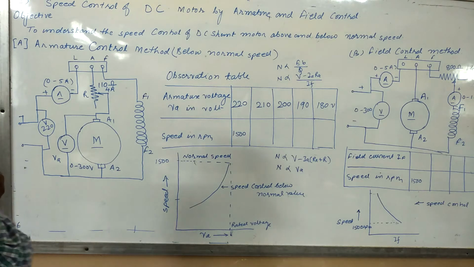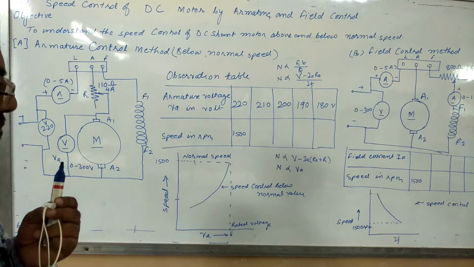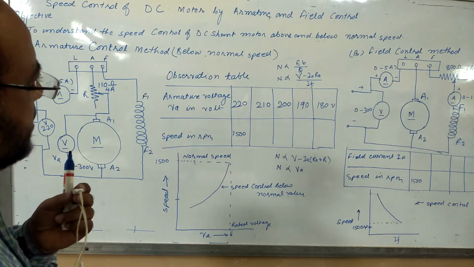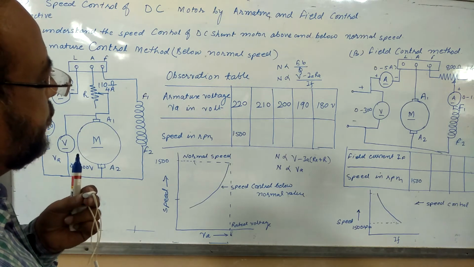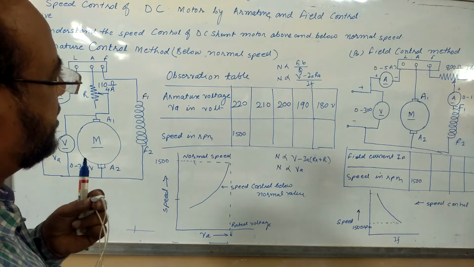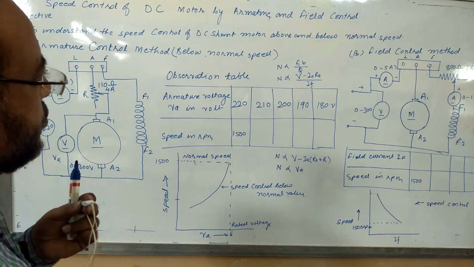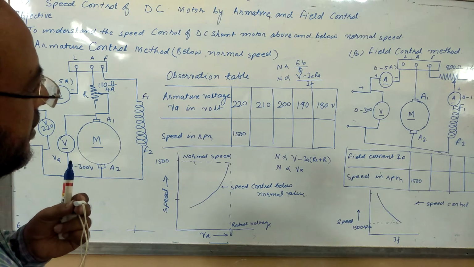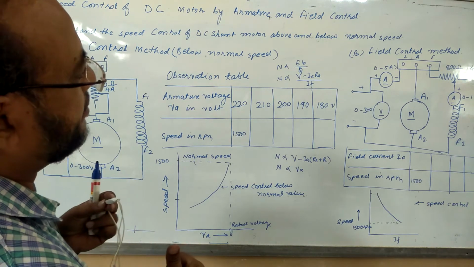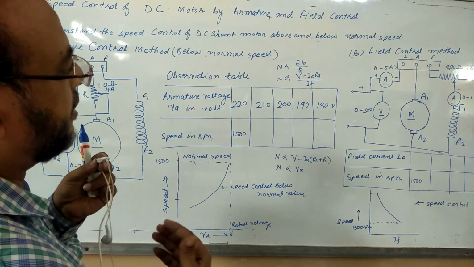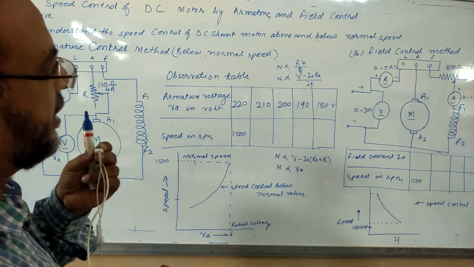Why is it below the normal value? The reason is that the rated speed of the motor is 1500 rpm. Now in some applications we want a speed more than 1500 rpm, isn't it? Instead of using gears, which have frictional losses, become quite difficult, and do not give a smooth variation in speed, we again use an electrical method, that is, circuit parameters. By changing a circuit parameter, we are able to increase the speed of the DC shunt motor. That method is called the field control method.